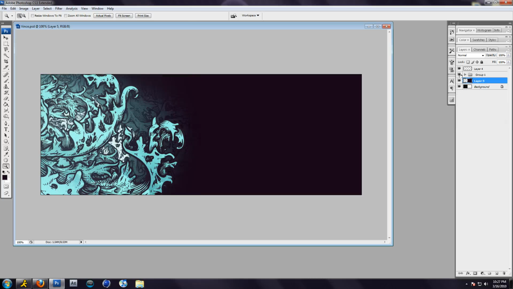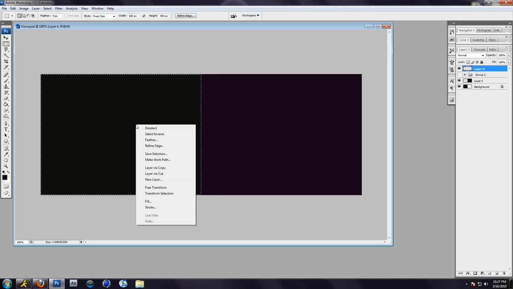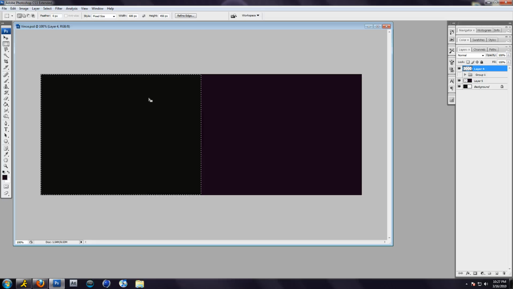And one way to make sure that you're working on your area of the submission is to take the marquee tool again, have a layer selected, move back over to this block, and just do that and make sure the background